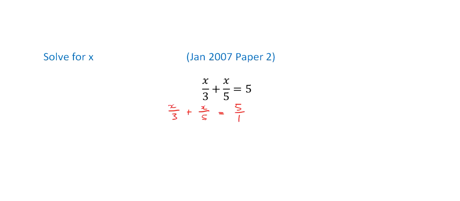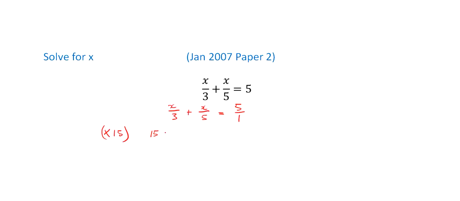Now, the next step is to get rid of this 3 and get rid of this 5. So what we have to do is to find the LCM of 3, 5, and 1. The LCM of 3, 5, and 1 is 15. So therefore, what we're going to do is to multiply every single term by 15. So this will be